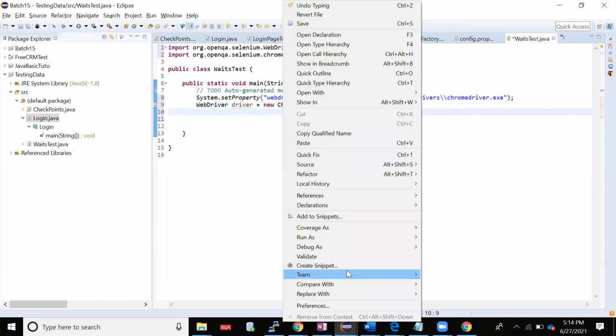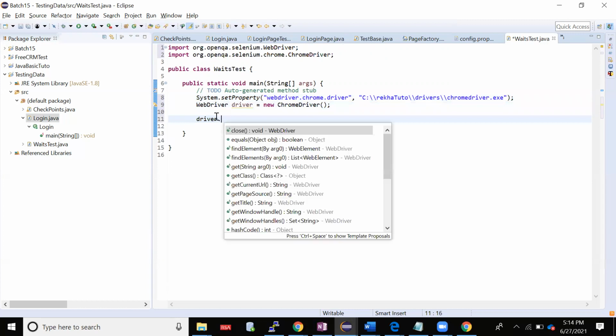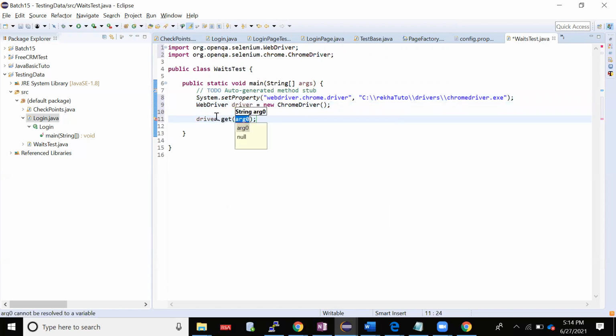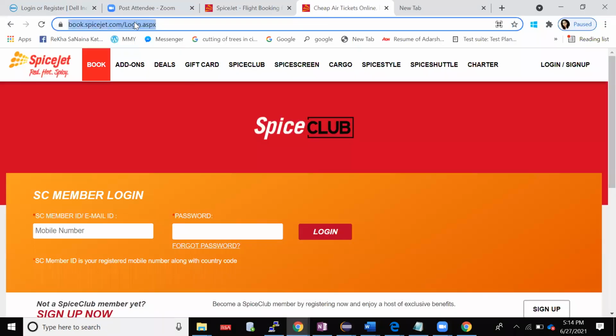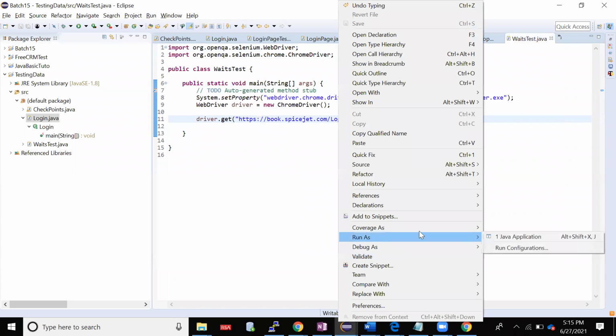When I launch this, if I just do driver.get, it will take a string as an input, right? That is nothing but your URL. So this was my URL, I'll pass it here. So when you do this, when I launch this, just if you can notice,